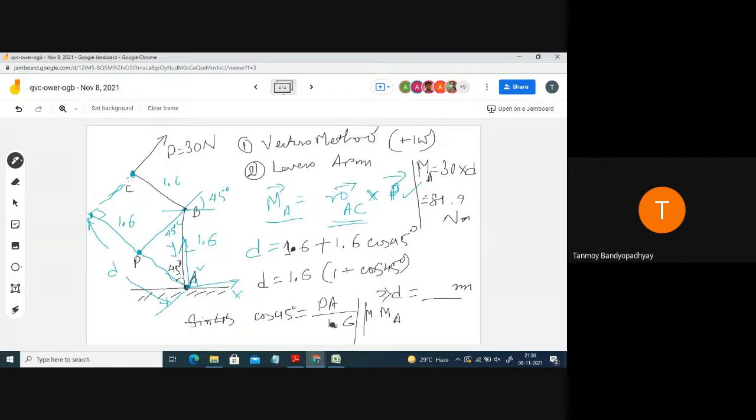You can understand that since this force is in this direction, this is a clockwise movement, so it will be negative. Whenever you are doing this using the vector method, you will get minus some value k cap, which is the clockwise movement. Whenever you are doing it in scalar form, just write it as clockwise movement. Since MA is a vector, you have to write the magnitude as well as the direction, so you have to mention that it's a clockwise movement. Clear?